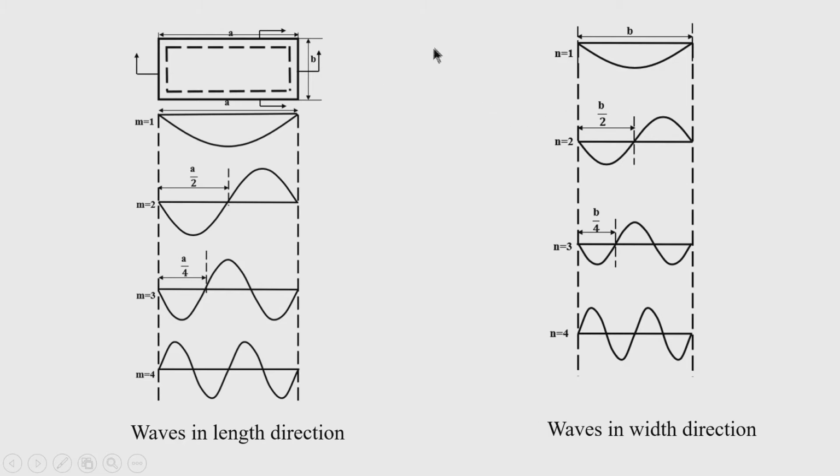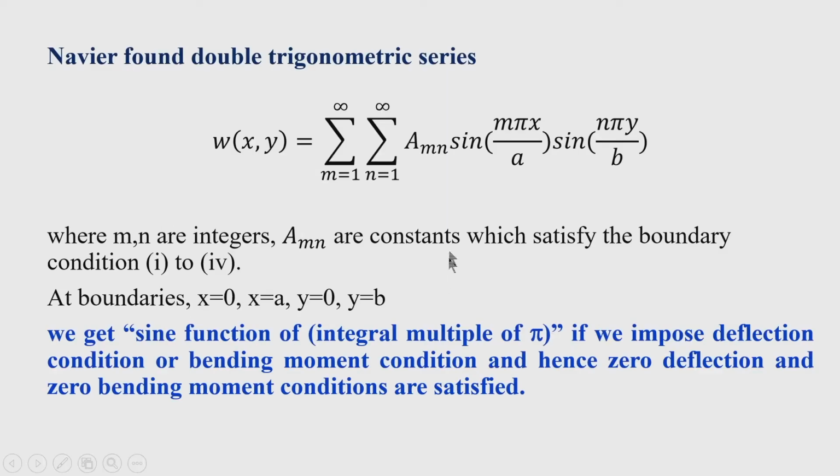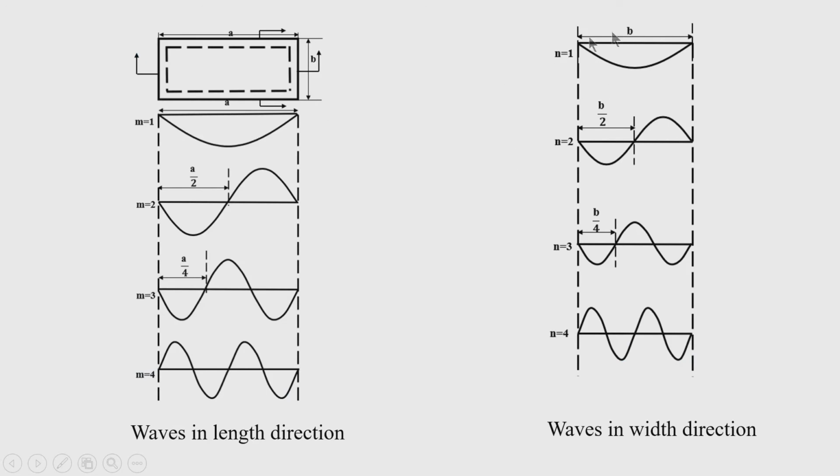sin n pi y by b. So, if you put n is equal to 1, you will get 1 half wave. If you put n is equal to 2, you will get 2 half waves, and so on. So, what is the Navier solution? The Navier solution is the product of 2 half waves and their summation. Okay. So, superimposition of this, the product of 2 half waves, and if you sum it, then you will get